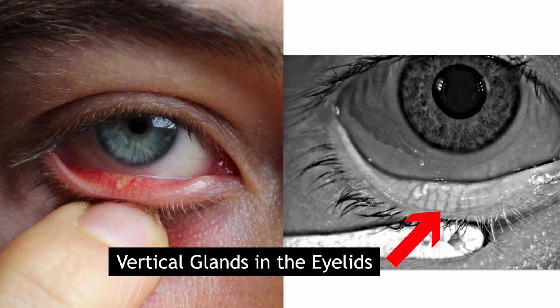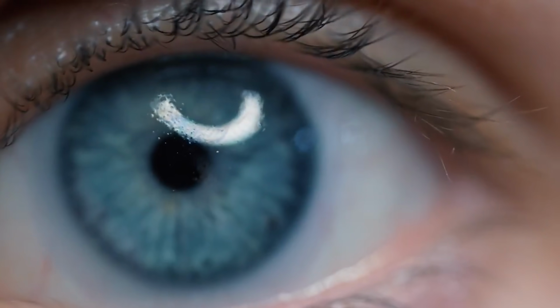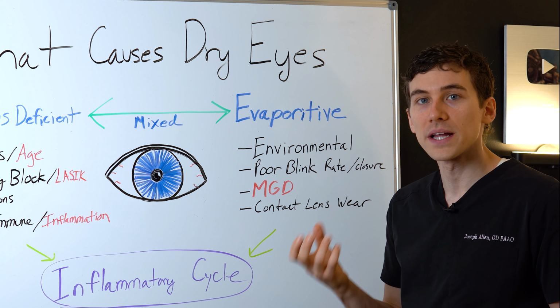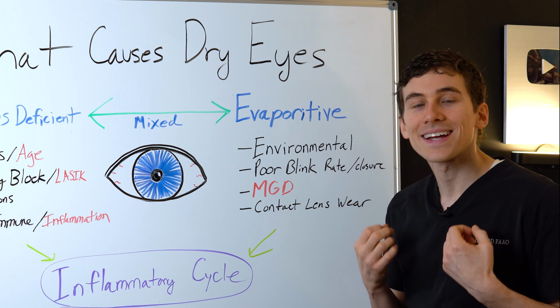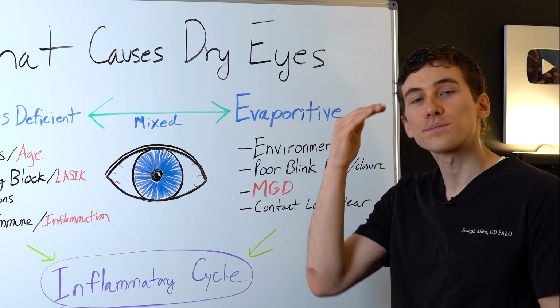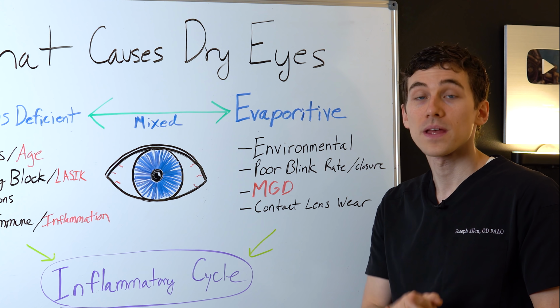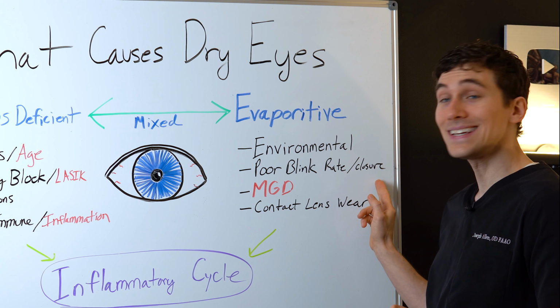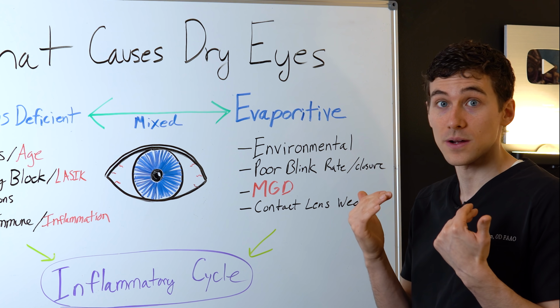That tear lipid layer is going to protect those tears from evaporating. Now, if you're not blinking enough, that means these oil glands, which are activated by the full blink of the eye, are not getting enough oil secreted to even protect the tears from evaporating. Furthermore, if you're not blinking enough and you're not blinking completely, then